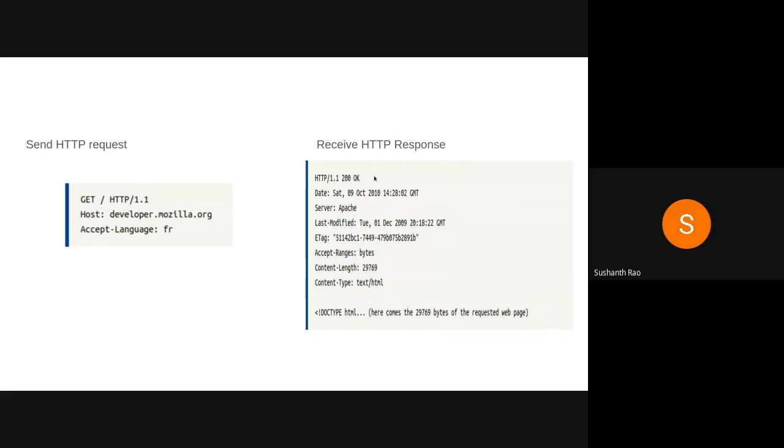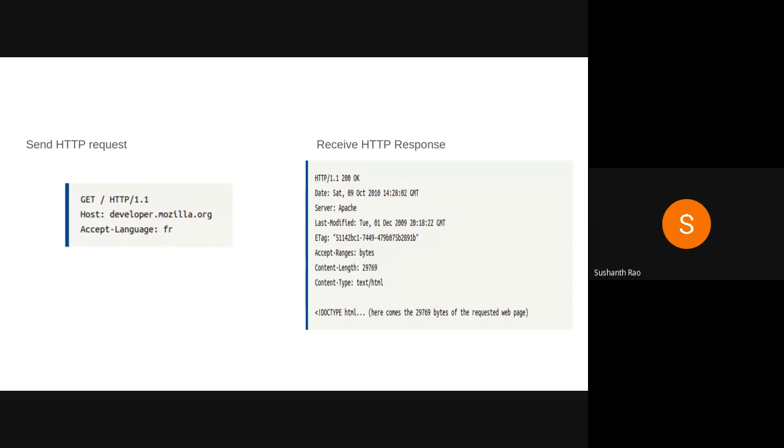Now, the HTTP response is sent back by your web server. There are different types of responses that can be sent back. Each request has certain headers allowed, and each response also has a certain number of headers allowed. You can set different types of headers in your request and in your response. Every HTTP response will have a particular status code indicating what has happened on the web server. The status codes are very important, and I will share a link so that you understand exactly what a status code is. Due to shortage of time, I'll not be able to explain the exact use cases of status codes, but HTTP status codes are very important in the life cycle of a request and response.